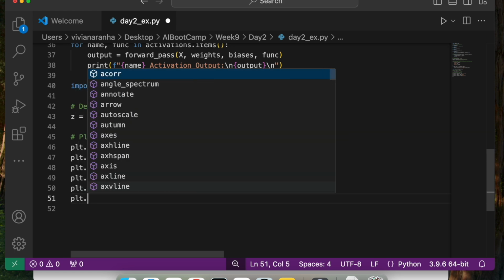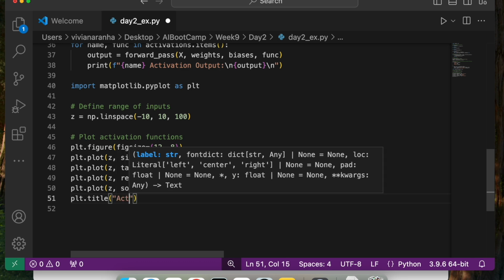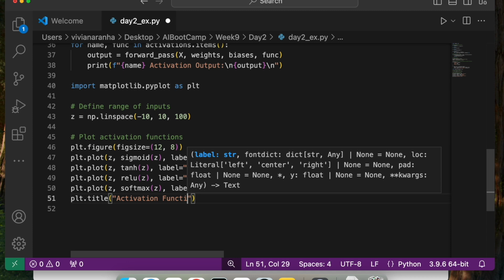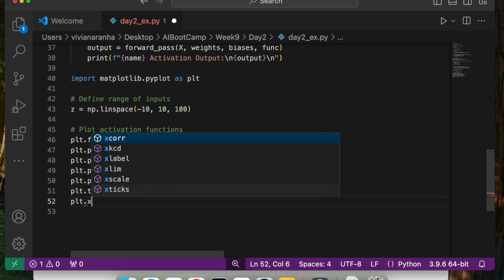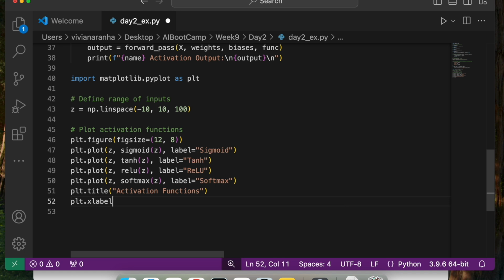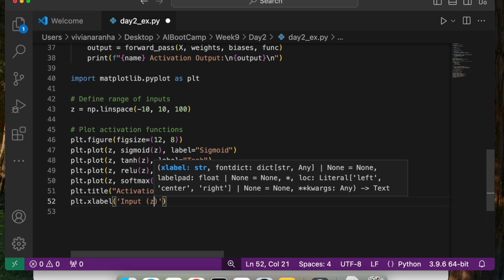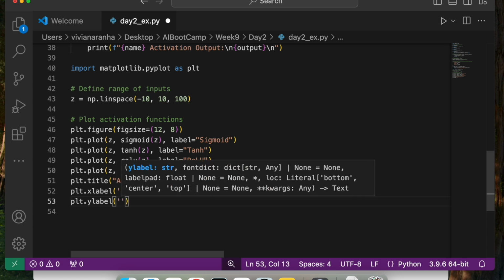Next, let's say plt.title, and for the title I'll give activation functions. Next, for xlabel I will use input z, and for ylabel I'll say it's output.